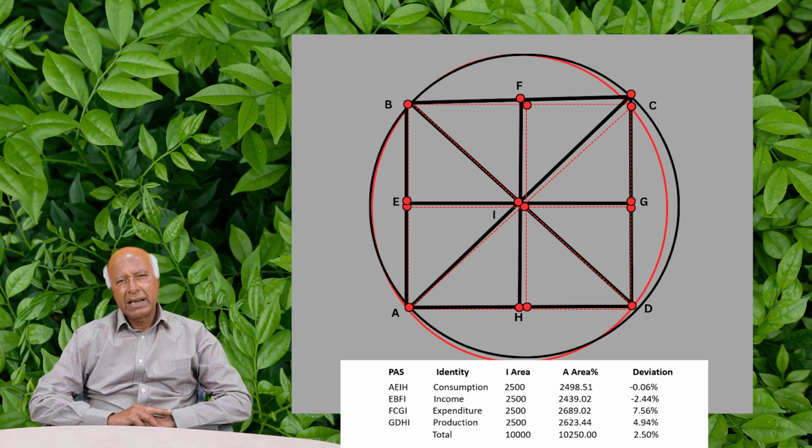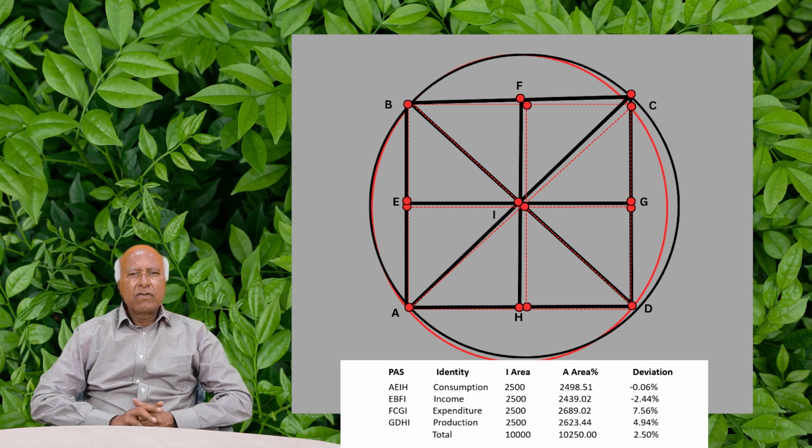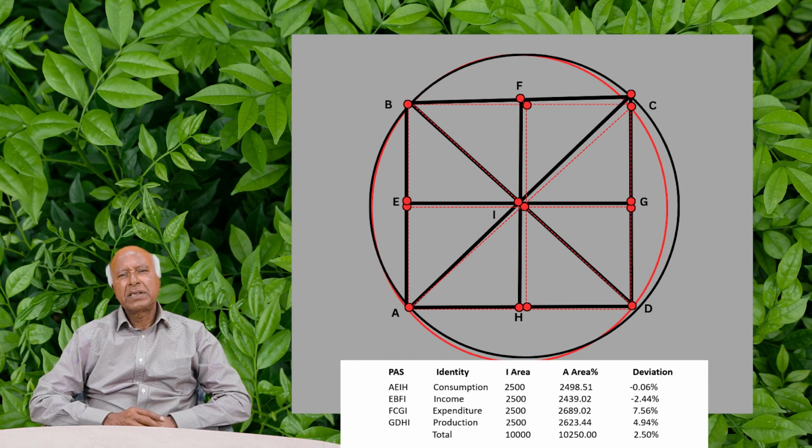We can analyze the increase in income, as well as consumption and production, and we will analyze in following sessions what is the economic logic of emerging geometrical patterns, how the area difference converts into percentage,